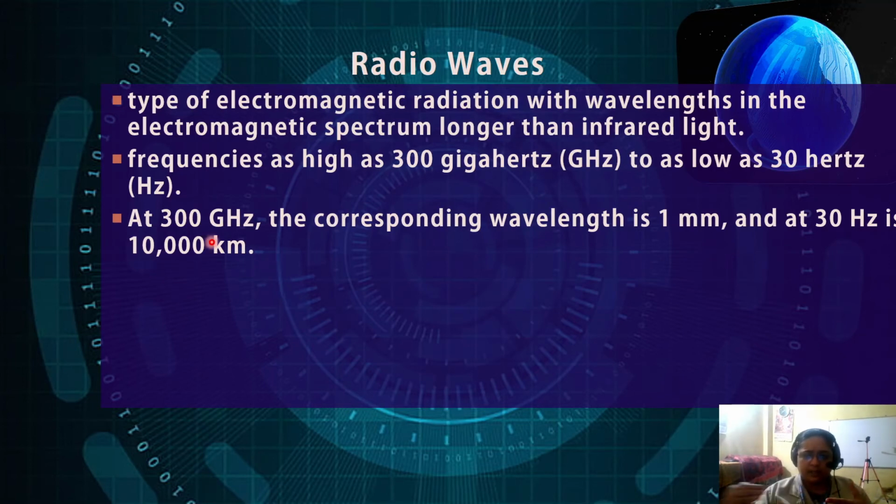So these waves could travel 10,000 kilometers without any medium, without any support. Whereas at higher frequencies, the wavelength is very less, so the sender and the receiver have to be a bit closer to each other. In case of higher wavelength, the sender and the receiver could be quite far apart, and the waves would reach the destination. They are usually very low energy waves. The higher the frequency, the higher the energy of the wave.